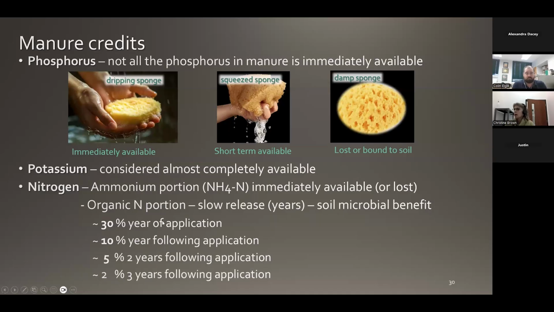And where we get manure applied every year or frequently, where we've got that nutrient buildup, we see the availability is higher, and we've got just better microbial activity, better nutrient cycling. And so where we've got those frequent applications of manure, we tend to get higher phosphorus levels, higher potassium levels. We also tend to get higher microbial nutrient cycling, but we also get higher micronutrient levels in that soil. And so where we've got frequent manure application, we probably don't need the zinc and the magnesium or manganese as frequently as if we aren't applying manure.